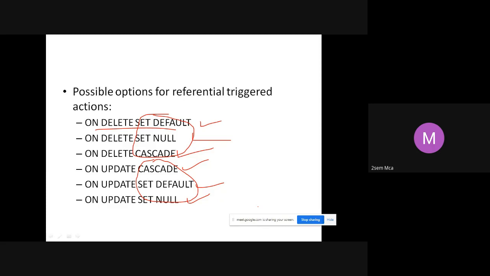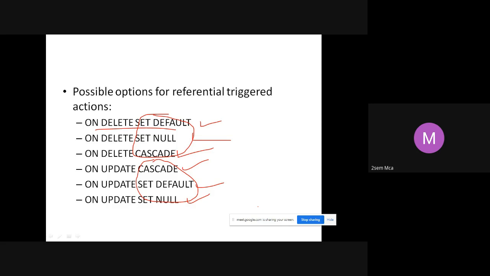Student borrows books, an example we saw. In the borrow table, we have student ID as a foreign key. Correct? Just try to recollect that. Now, you try deleting that record. Let us say delete from borrow where student ID is equal to S01. You cannot delete that because S01 is a foreign key which is existing.